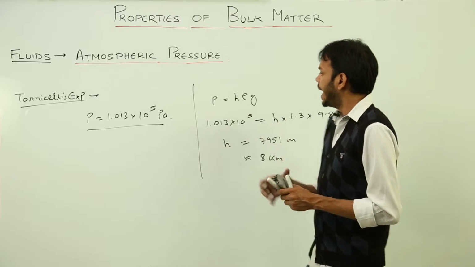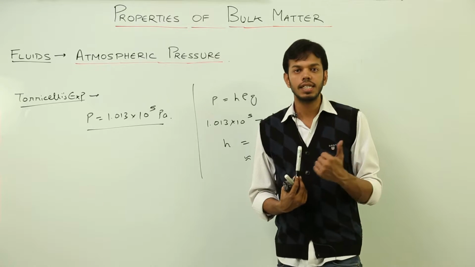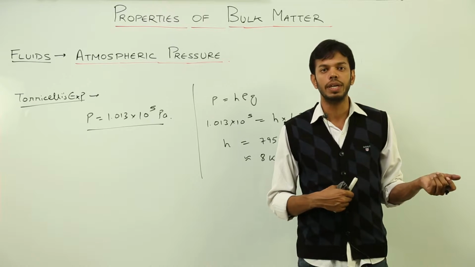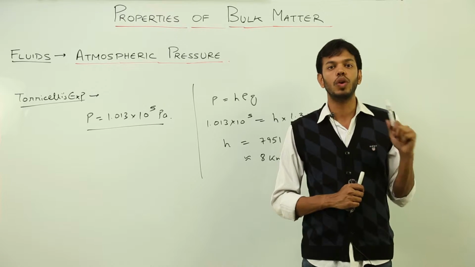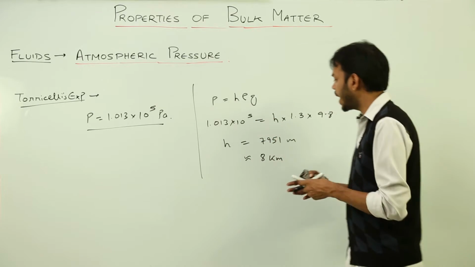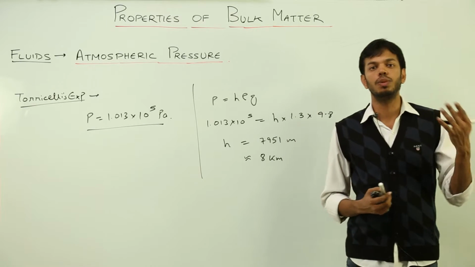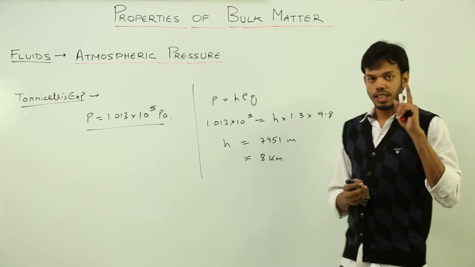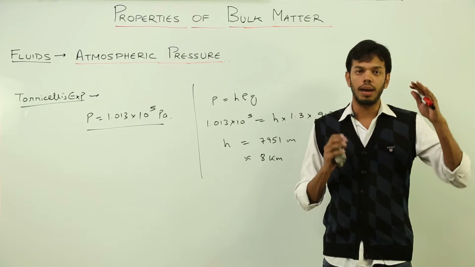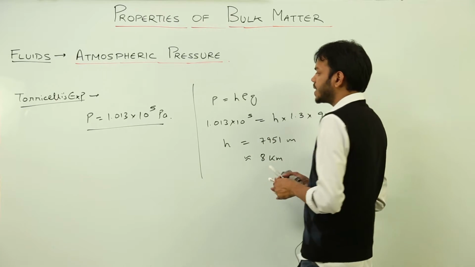The flaw is not in the formula. Actually, the density of air or gases above us from the Earth's surface decreases variably. For example, the density of air is half at the height of 8 kilometers and is 1/20th at the height of about 20 kilometers. So density varies very drastically, and that is why we do not take this height to be the atmospheric height. In practical situations we take the atmospheric height to be around 400 kilometers. Just remember one fact, that above 50 kilometers only 1% of the gases remain. Above 50 kilometers only 1% of the gases remain, the rest is all ions and everything.